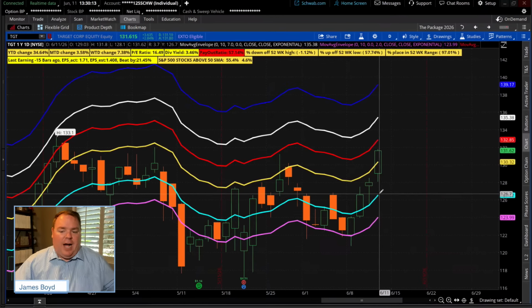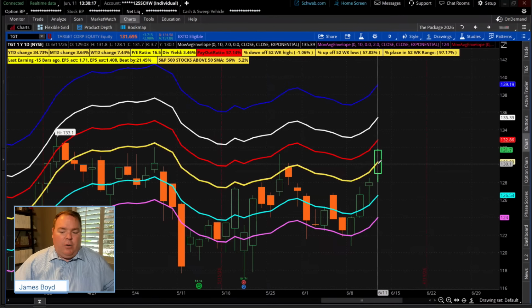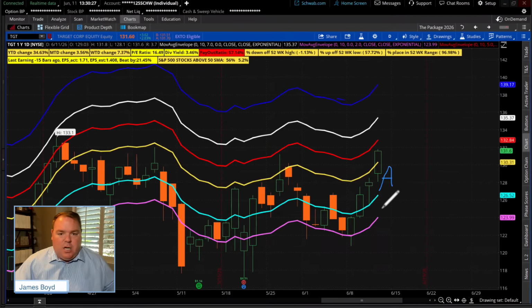We classify really buying between, let's say, the 10-period moving average and the yellow as what some investors might call an A entry, okay? Because in other words, to get a signal, we need the stock to go up somewhat off the moving average to get a signal. Now, you buy an A entry, it doesn't guarantee it's going to go up. It just means you're closer to support with a signal to potentially enter.